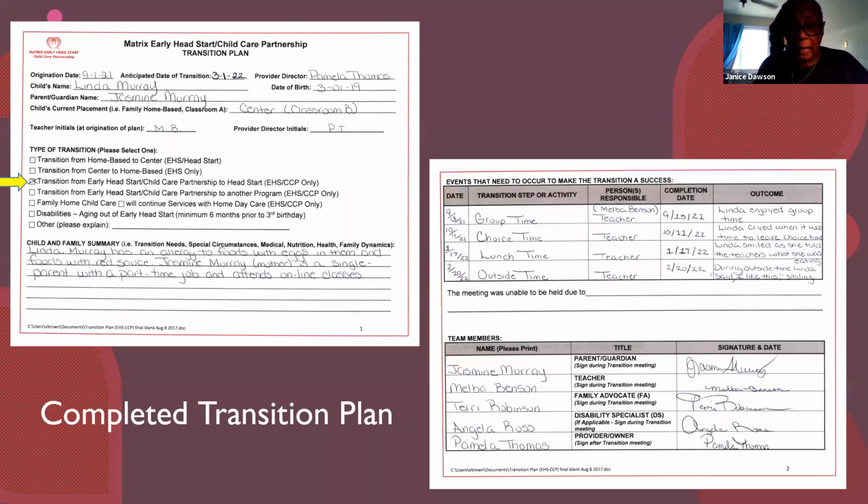On the other sheet right beside there on the back, you will see there's the date the child left the classroom and went to another classroom, the activity, which is group time, the teacher's name going personal responsibility. The same date will go there for a completion date because it's all in one day. It's just for a little while, maybe 40 minutes, maybe an hour. And then you'll speak about the outcome. How did the child act when the child went there? And up here it said, Linda enjoys group time.